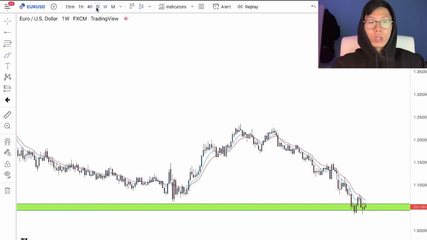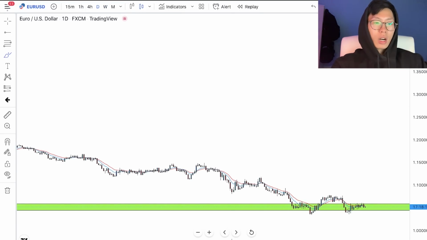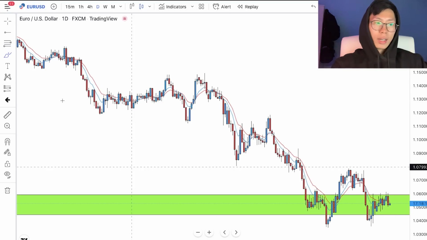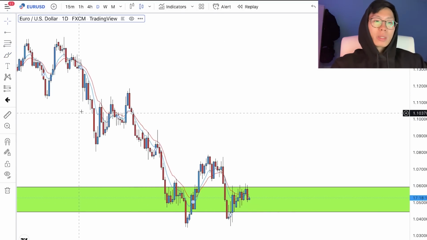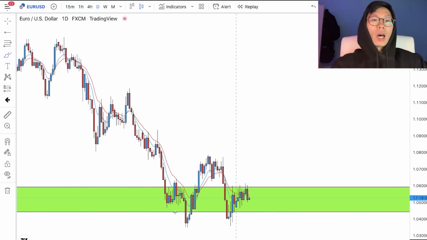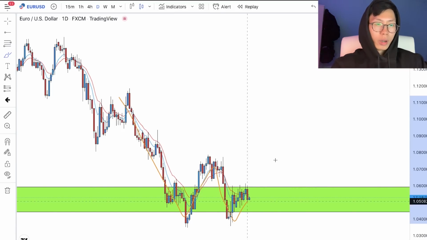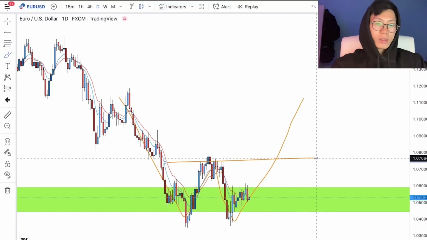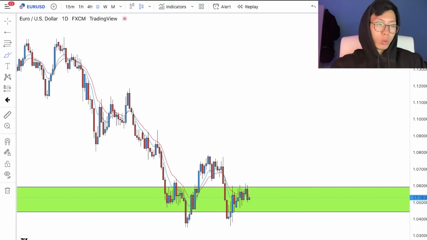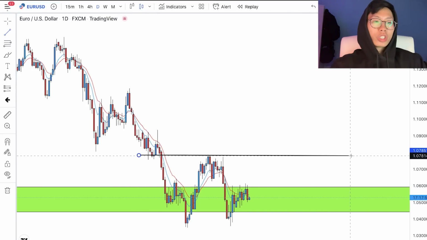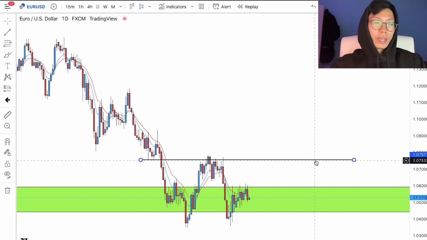So now let's go down to the daily time frame to look at what price is currently doing. Once you go down to the daily time frame, you can see price might be forming some sort of double bottom right here. One bottom right here, second bottom right here, and then reverse once you break through this neckline. So you can draw a little neckline around this area here. So I will definitely be watching EURUSD over the next few days to see whether price breaks through this neckline.